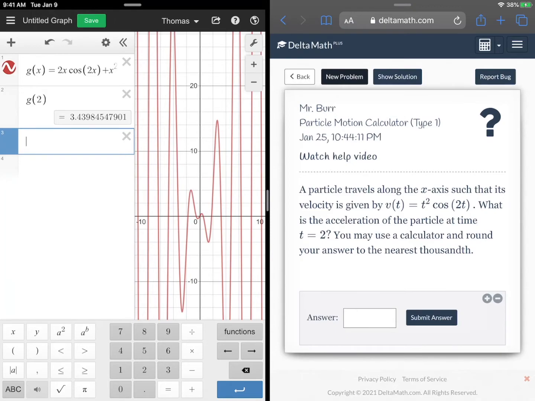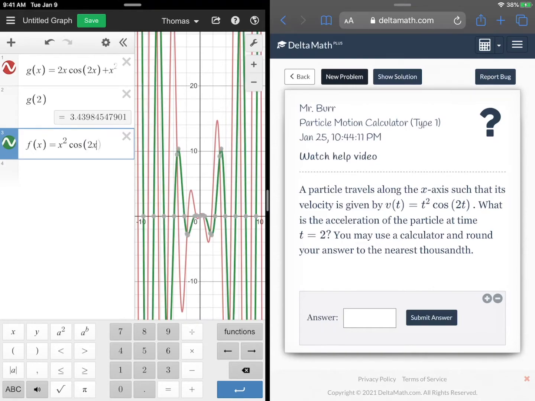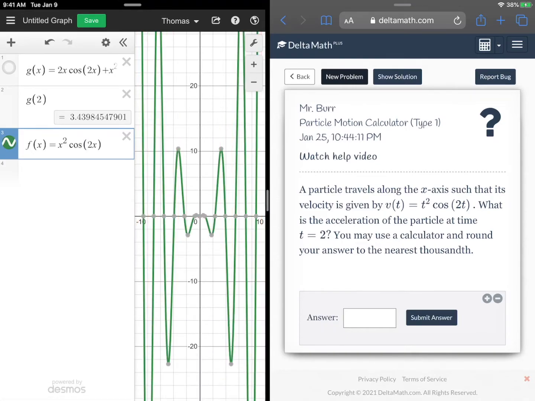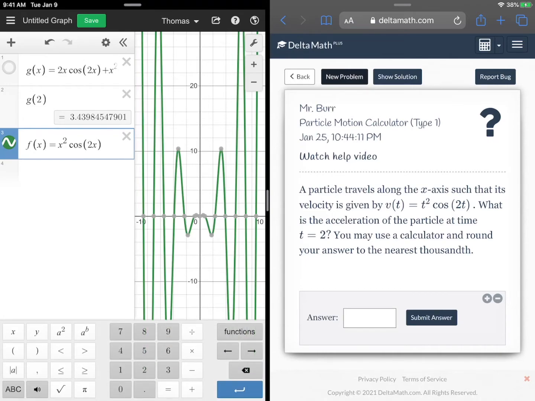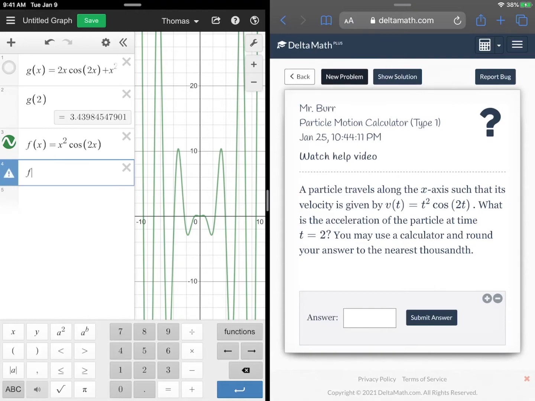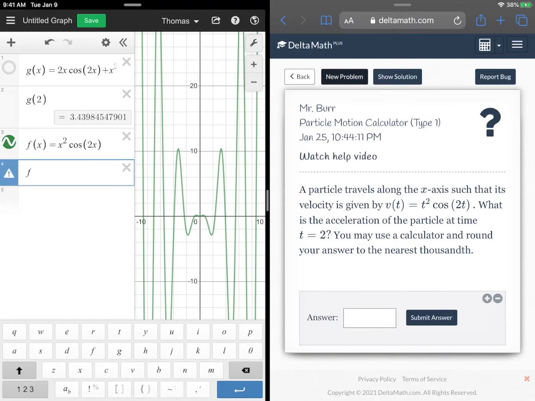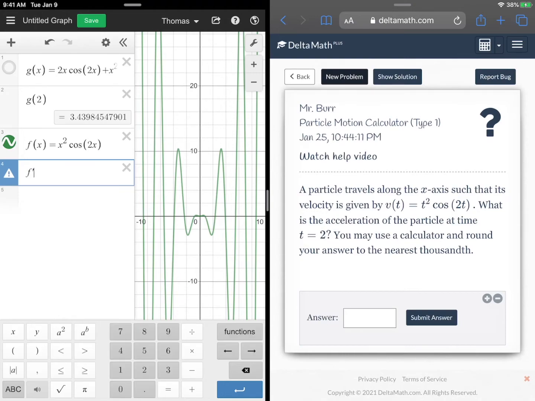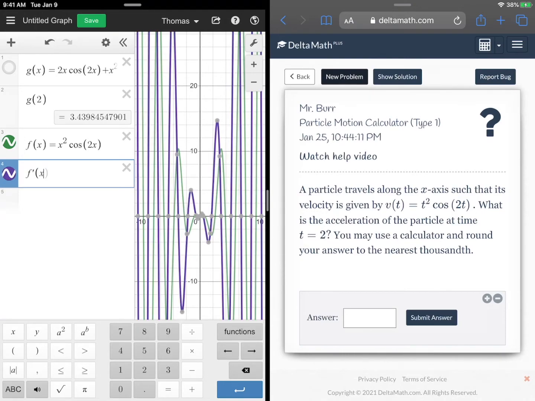And so if we just type in this original function, and you could do this on the TI calculator, f of x is equal to x squared times the cosine of 2x. If we just type, and I'll get rid of this red one just so we can see this clearly. If this is our original function, your TI calculator can do this. You could just ask for f prime,